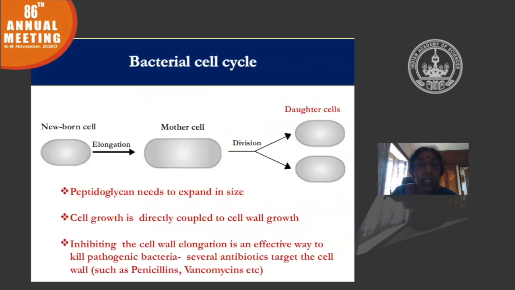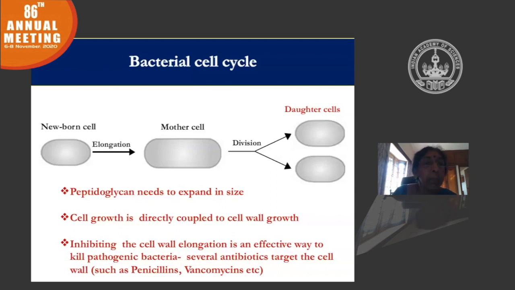Now, the next slide represents again a very simple schematic of the bacterial cell cycle. Right? So it's extremely simple. If you take a newborn cell and put it in favorable nutrient conditions, it elongates, essentially grows in size, and then the chromosomes replicate and segregate, and this mother cell eventually divides to form again 2 daughter cells, which go back into the cycle, and this is how the bacterial cell cycle goes on until the nutrients are exhausted.